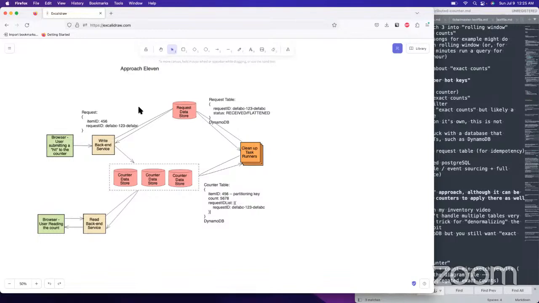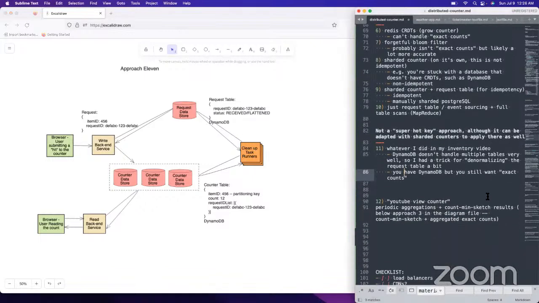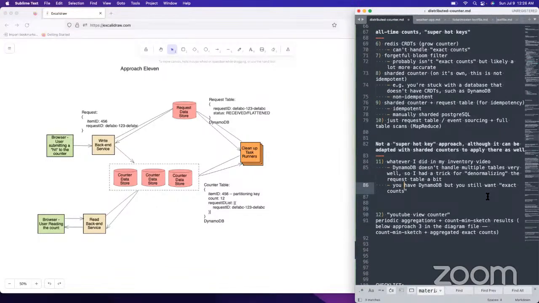If it's a low volume counter, you wouldn't have a count in the thousands. It feels something like 56 over the course of several days. And then also if it's 56, you'd only have 56 different items in the request. Maybe it was just 8 or 12, so you just have 12 counts for an item. So if it's an unpopular product in e-commerce or something like that, it might make sense. I did something that looked like this for the inventory problem. So this is another way to do it.